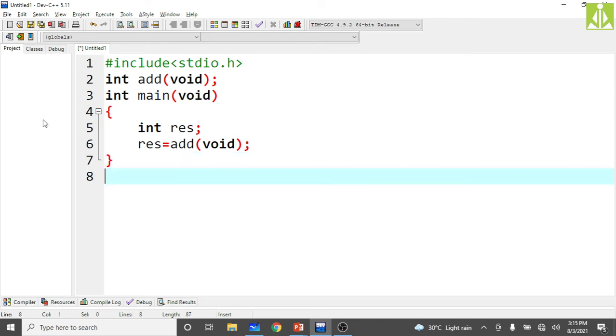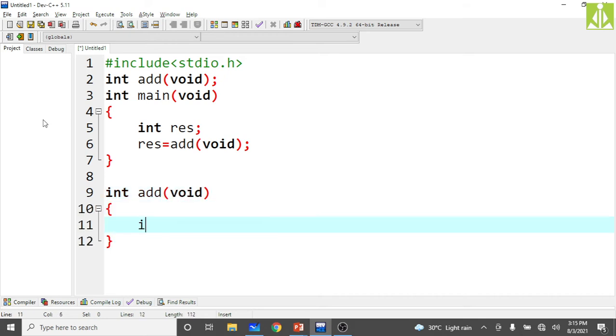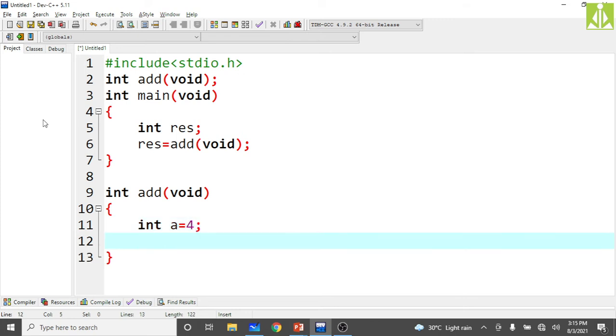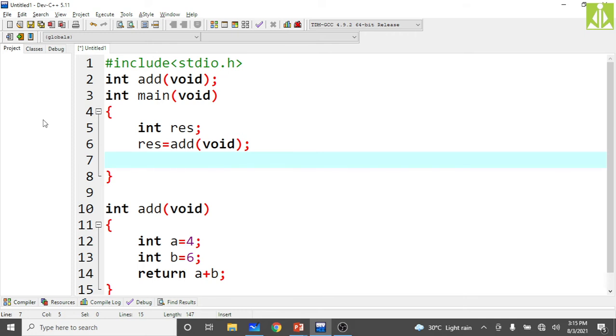Then inside the function, int add(void), and inside this function declare two variables, int a equals 4 and int b equals 6. Then I'm returning a plus b. So when you are returning the value, it should be stored inside this result variable. So print that result over here.